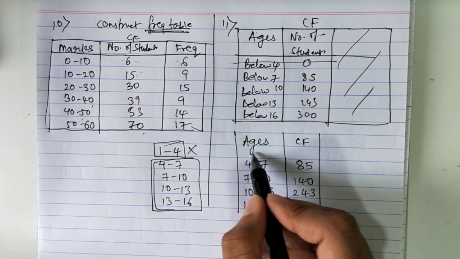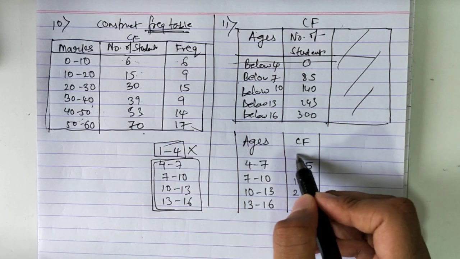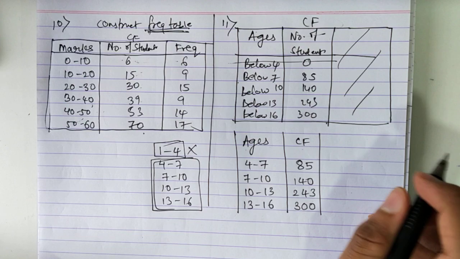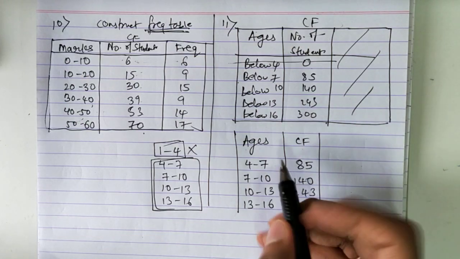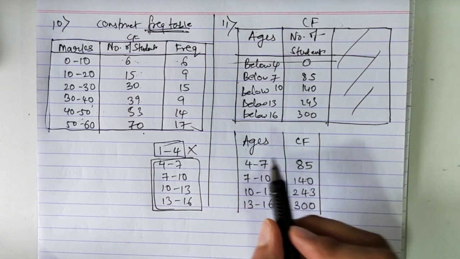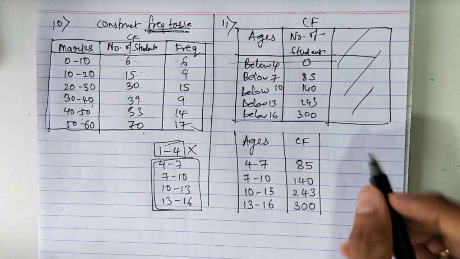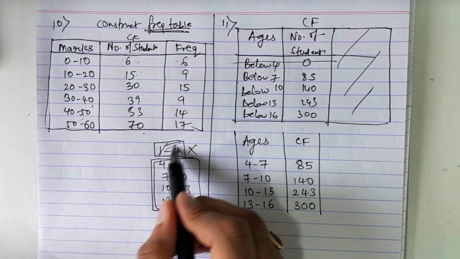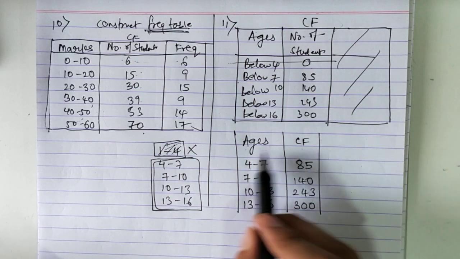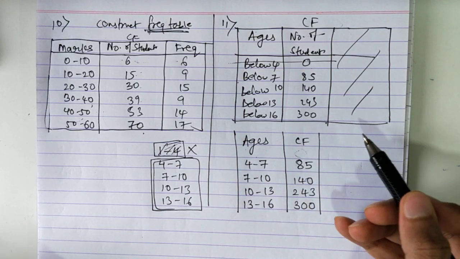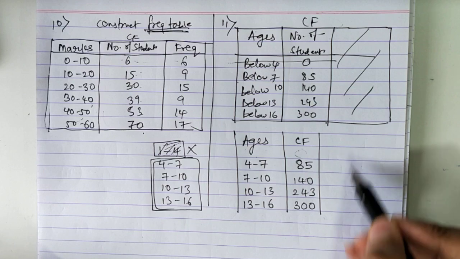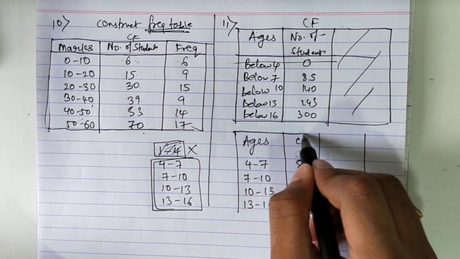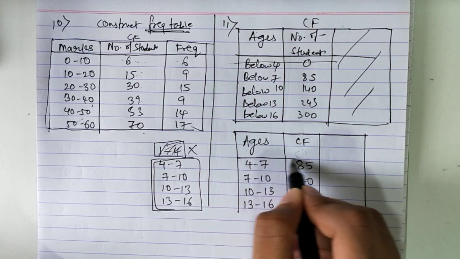One more thing. Even if you write here 1 to 4, and you write 0 and you solve the sum, you will still get the answer correct. Nothing will change in the answer. But that value is extra and you are not supposed to write it. That is why I explained to you to eliminate it. In the answer also, they won't mention this value. Even if you write it, as the cumulative frequency is 0, it won't affect your values. But we should not make mistakes. We should not give the teacher a chance to deduct our marks.